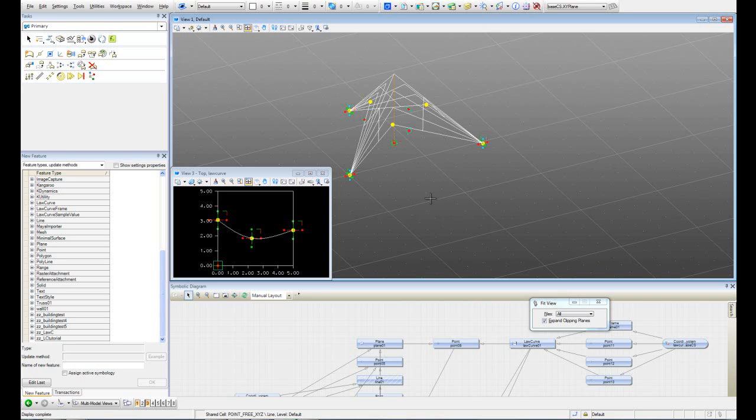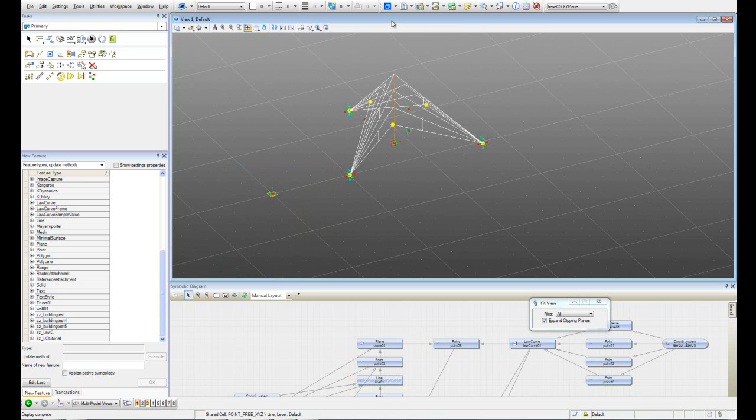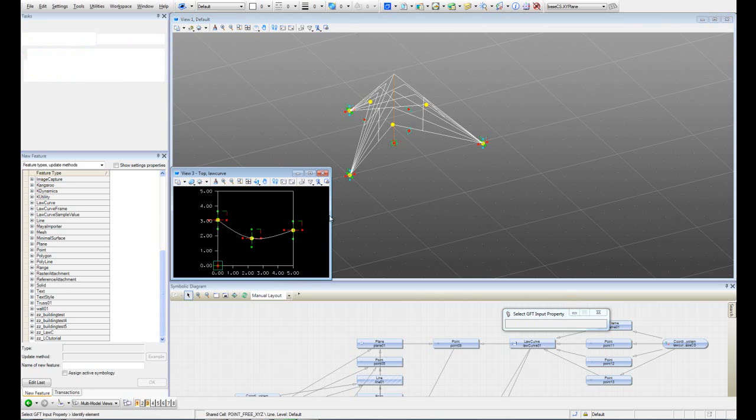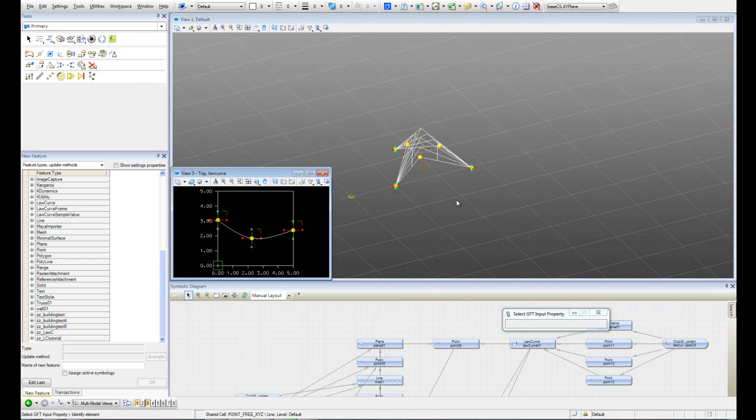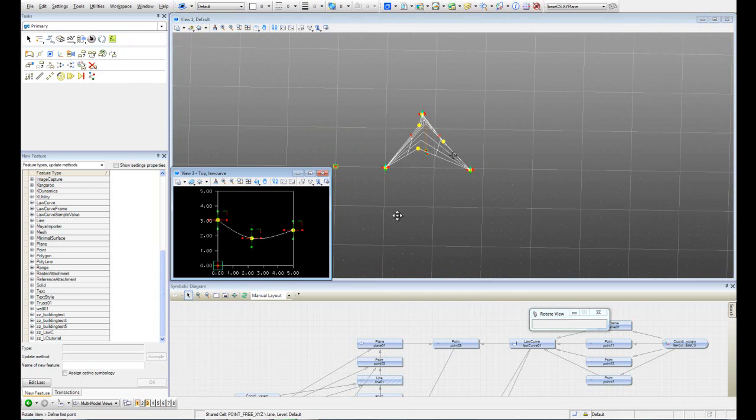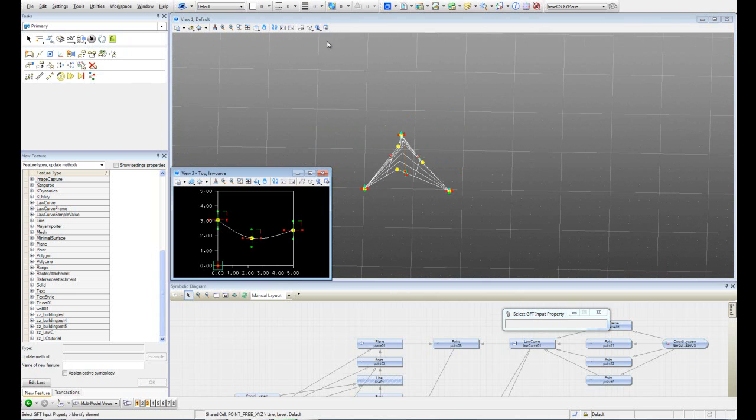Okay, this is the second part of this tutorial where we create our component. What we're going to do here is replicate this component. The first thing I'm going to do is generate some points so I can start replicating. So let's go to the top view